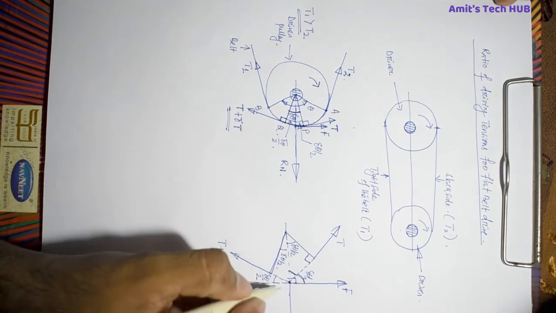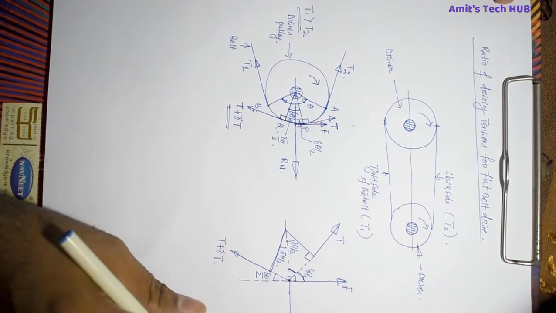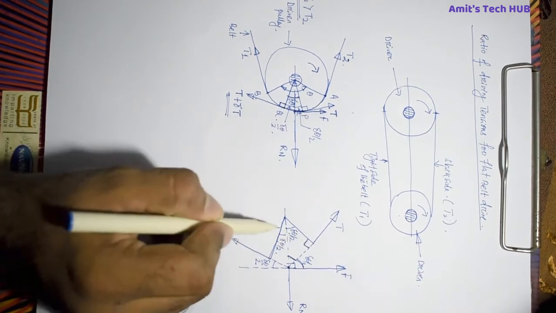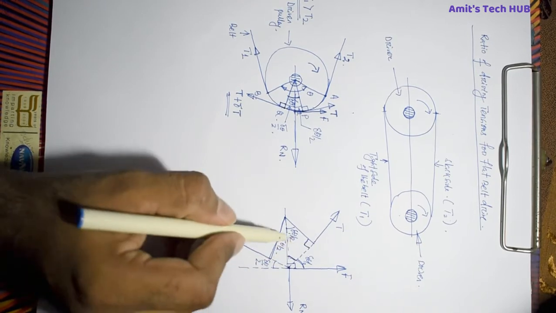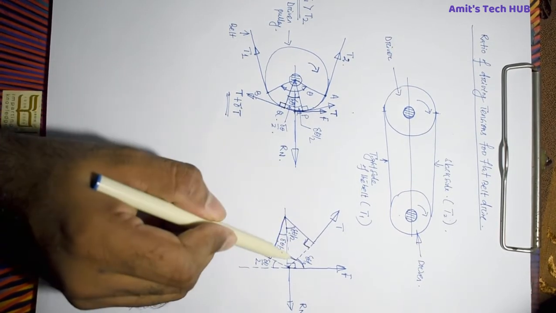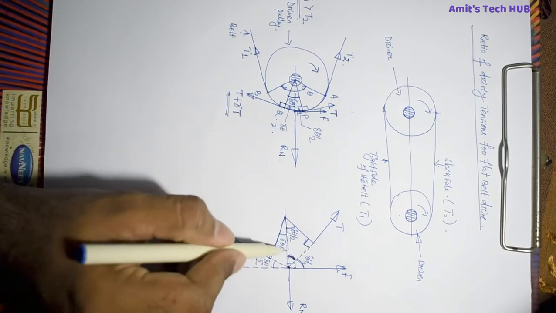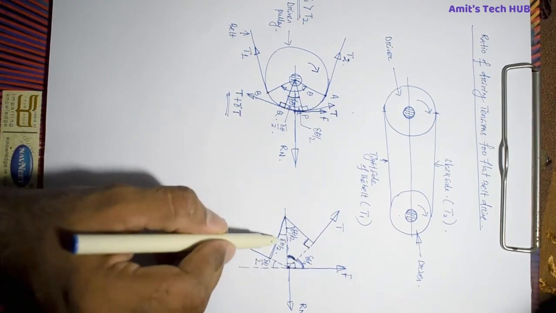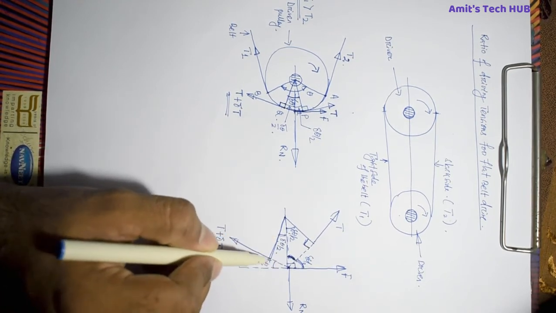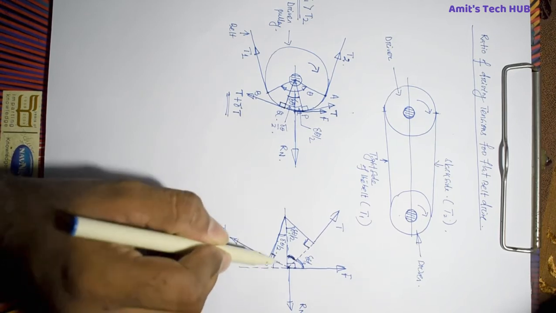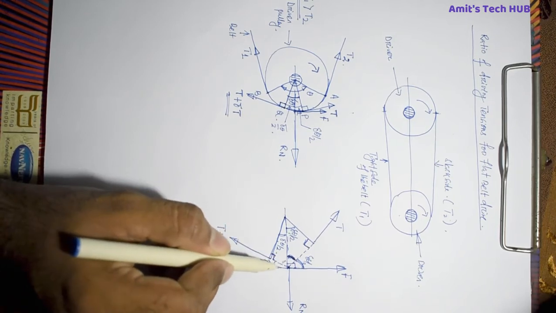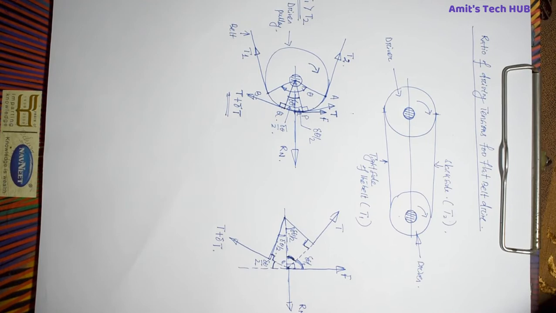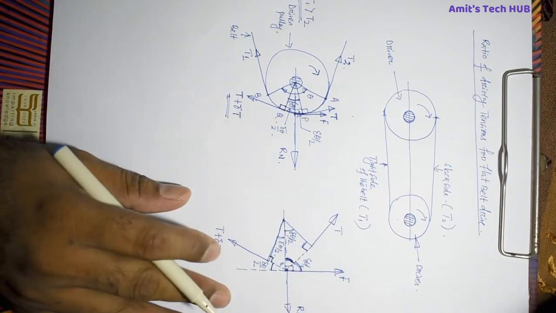Okay, I hope this is clear. Again repeating this one. Here del theta by 2, this is 90 degrees. So in this triangle, this is 90 degrees, this is del theta by 2, so this is 90 minus del theta by 2. Again this is 90 degrees, so this is 90 minus del theta by 2, so this is del theta by 2. In a similar fashion, this is del theta by 2, and this is again 90 degrees, so this is 90 minus del theta by 2, and again this is 90 degrees, so the angle is del theta by 2. Hope you understand this, as it is an important thing here.